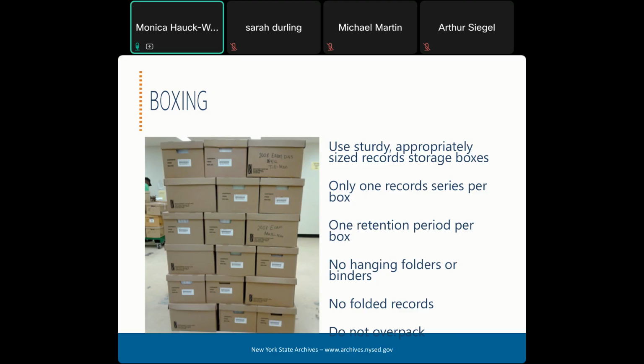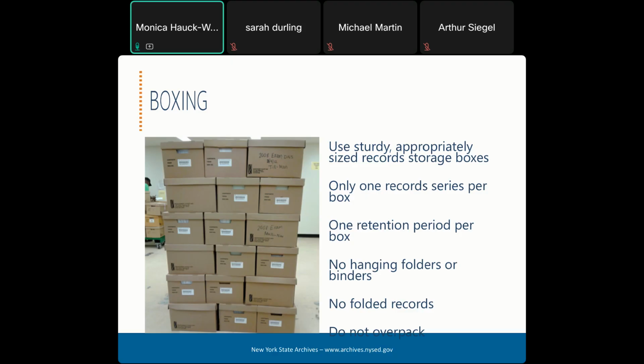So you're better off in most circumstances taking the records out of the binder before you put them in the box. There's also the fact, like the hanging file folders, that staff probably need binders for active records. And if you don't want to keep buying new binders, you probably don't want to be storing them in records boxes for 6, 10, 50, 100 years.